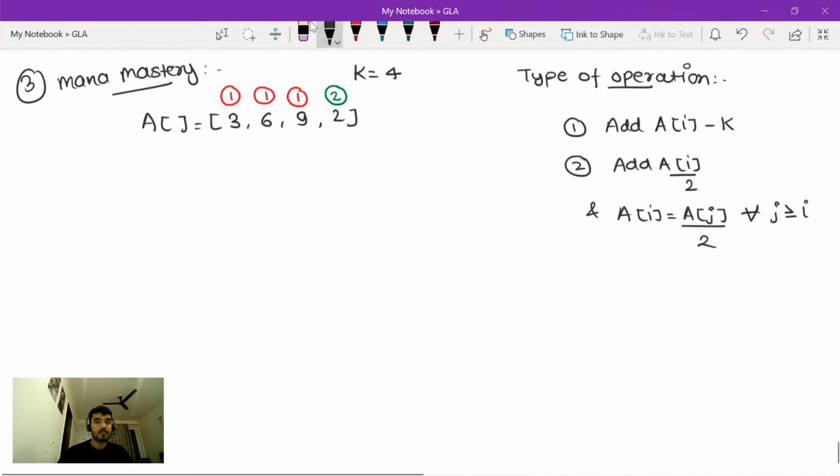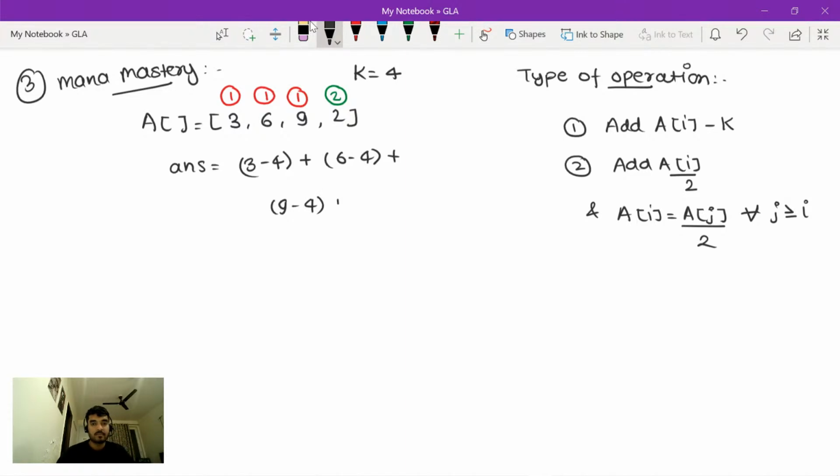So what will be my power at the end? In this case my answer is simply A of I minus k for the first type of operation. So 3 minus 4, and now you can see after the first door your power is negative 1. Then plus 6 minus 4 plus 9 minus 4,